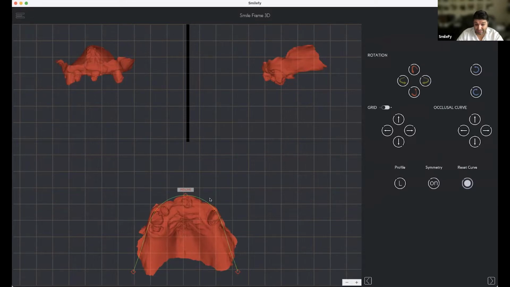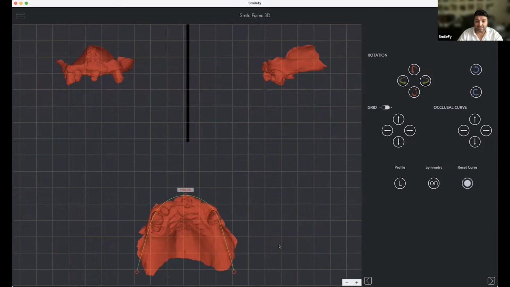And I don't recognize much in this situation, so I need to start somewhere. I'm just starting the way it is. I try to keep the midline of the palatal area as the midline for our design, and I'm going to set the occlusal curve like this. I think the size of the arch is pretty good. Let me see, like this. The size is okay.